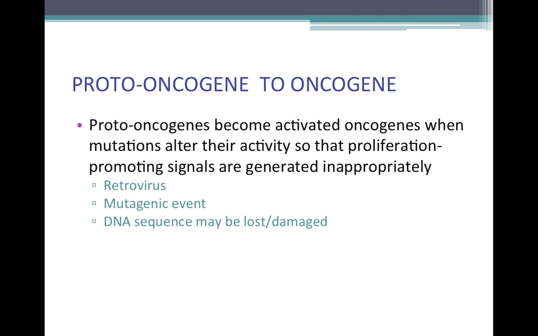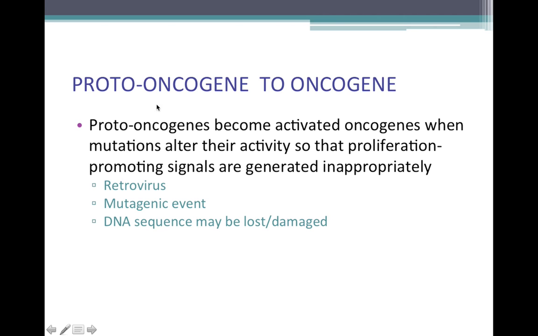Now, we talked about how proto-oncogenes were sort of genes that could cause cells to divide, and if they're overactive, then you see a lot of cell division. But proto-oncogenes have the capability of becoming an oncogene, and an oncogene is basically the proto-oncogene in its mutant overexpressed form, where it causes the cells to divide inappropriately and so rapidly that they have disorganized growth, which causes malignancy.